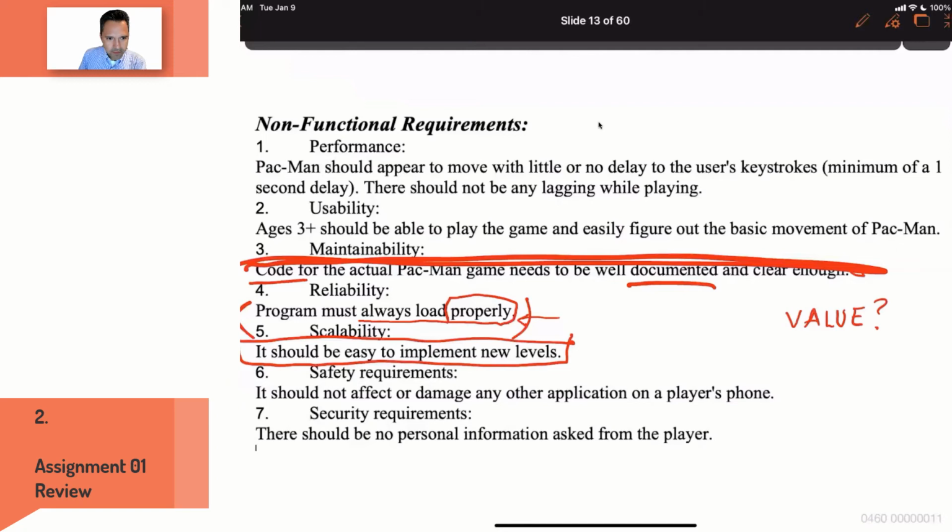Five, scalability, extensibility. It's a quality for the product, a quality that the customer is interested in or not. Exactly. Now you have the idea. 6,